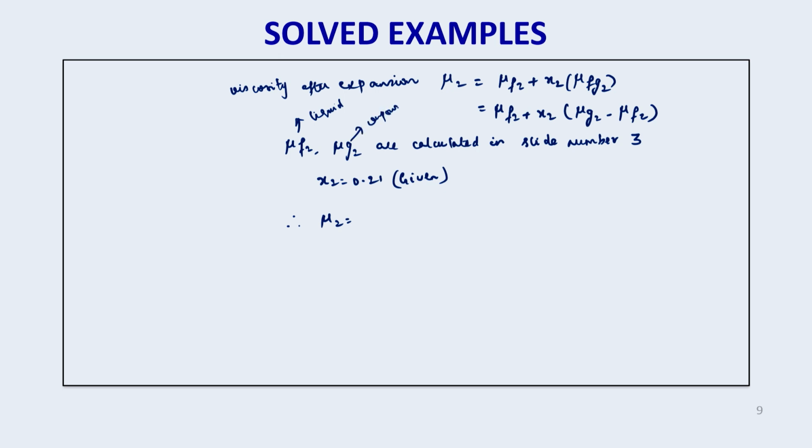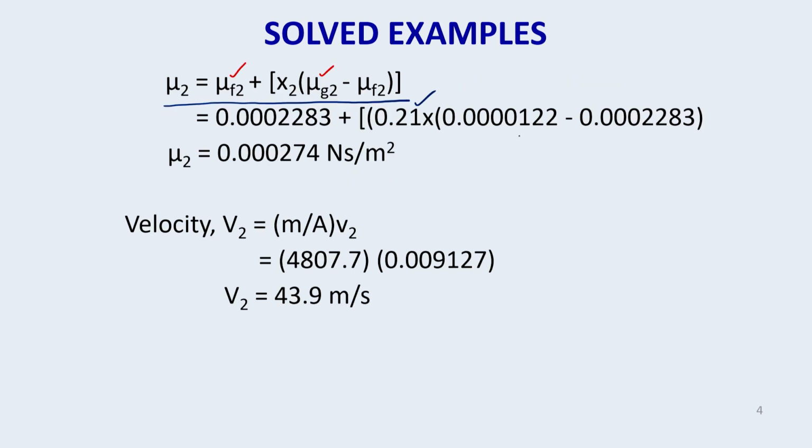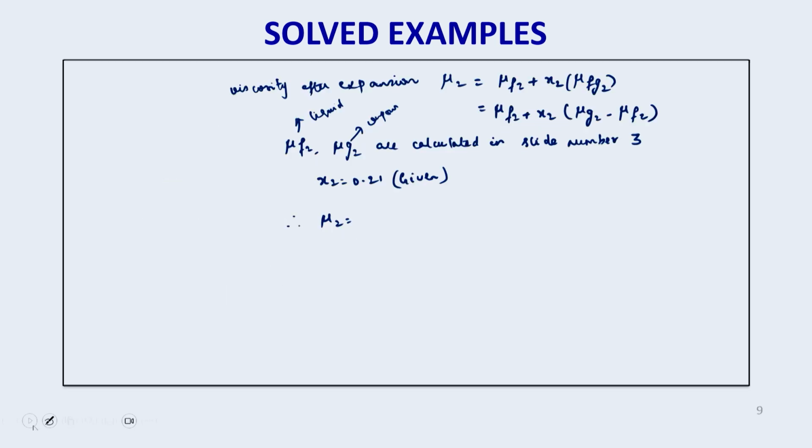So when you substitute the values, so here you will get, so this is mu G2 minus mu F2. So you will get mu 2 is equal to 0.000274 Newton second per meter square. So this is the viscosity of the refrigerant mixture,